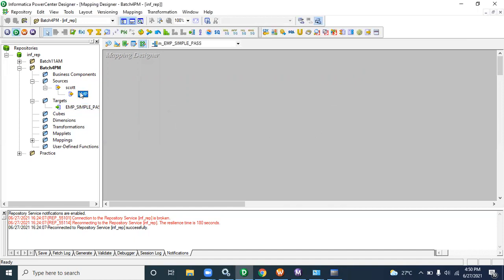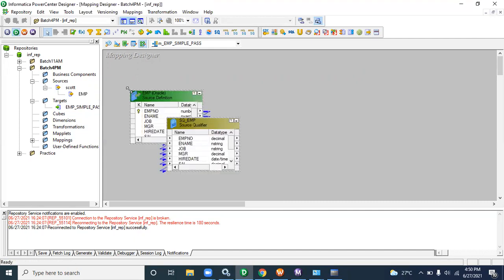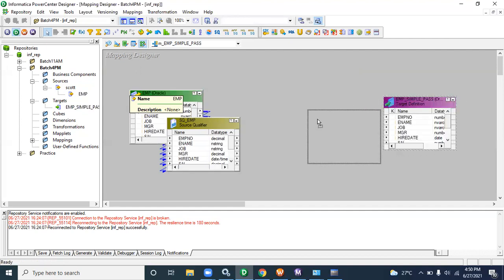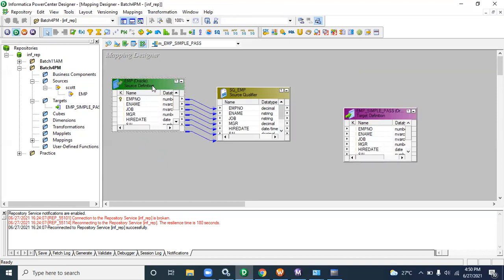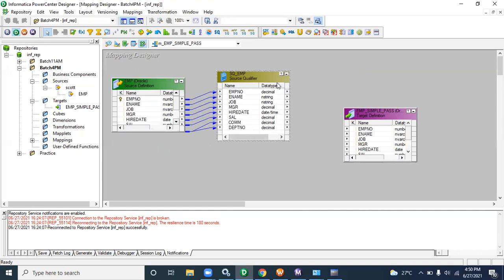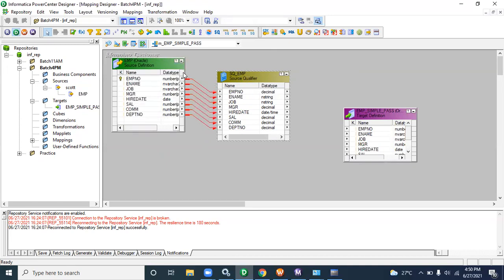Select the EMP under Sources, Scott, drag and drop this one. Select the target, drag and drop. You can see when I drag the source, at that time, you can see EMP Oracle SQ EMP, the source qualifier, will come. Okay, what is this? This object is a transformation, but it is the communicator between the source and the Informatica server, because Informatica does not know the data type of this source.